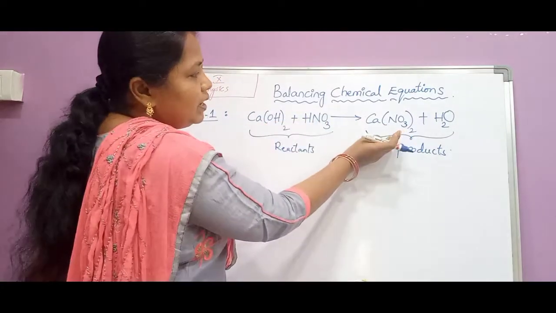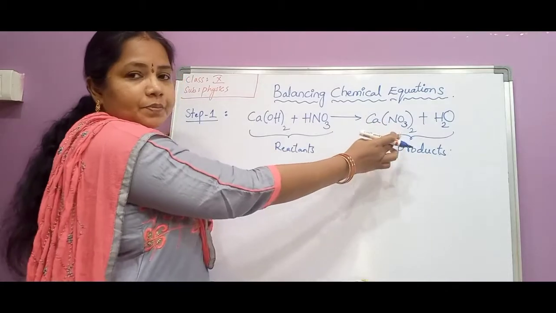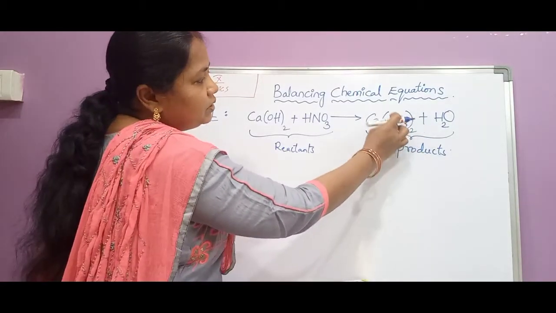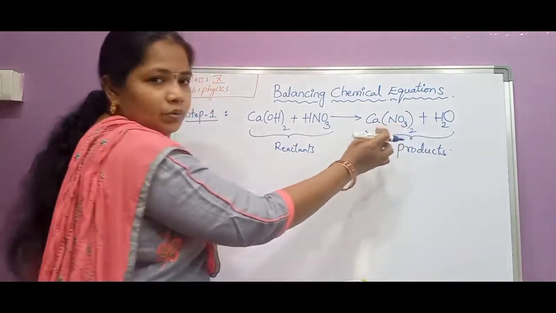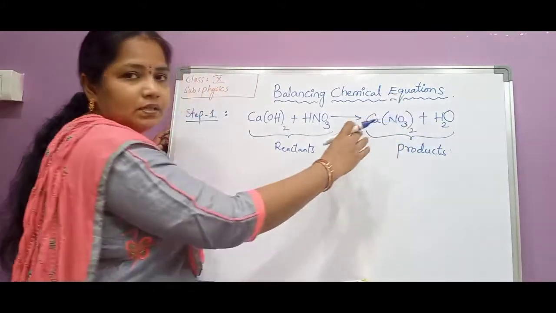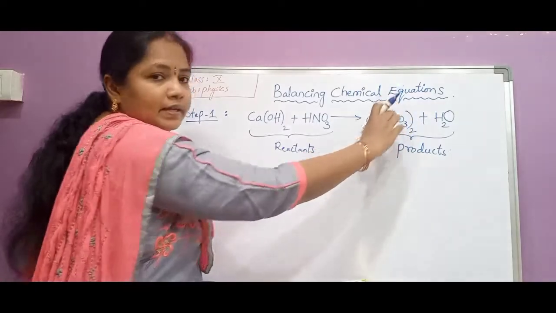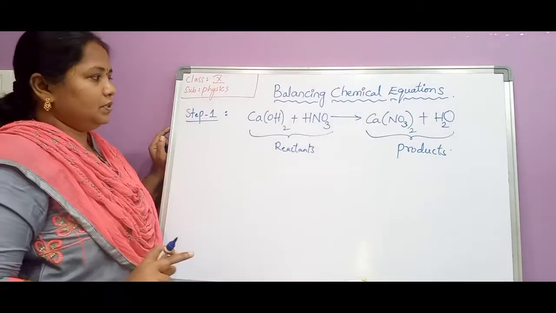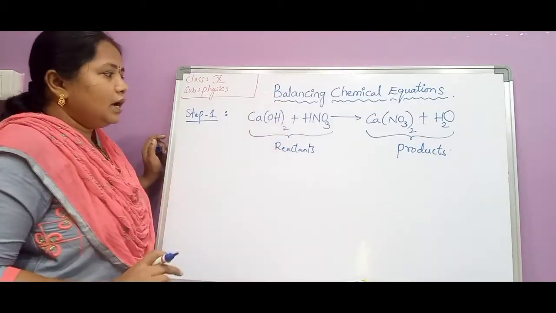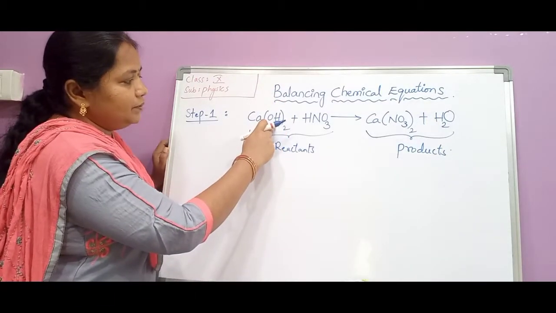Similarly, here also we have a polyatomic anion. Here the calcium nitrate formula, Ca(NO3)2, CaNO3 taken twice. This NO3 is the nitrate ion which is kept inside the bracket, and we have a 2 outside. That means 2 nitrate radicals are present here. In calcium nitrate, 2 nitrate radicals are present, and this nitrate on the whole we have to consider as only one part. Similarly, here the OH radical, its name is hydroxide.